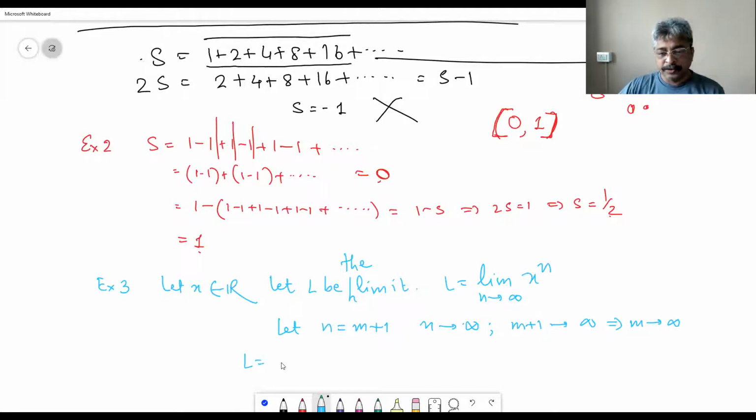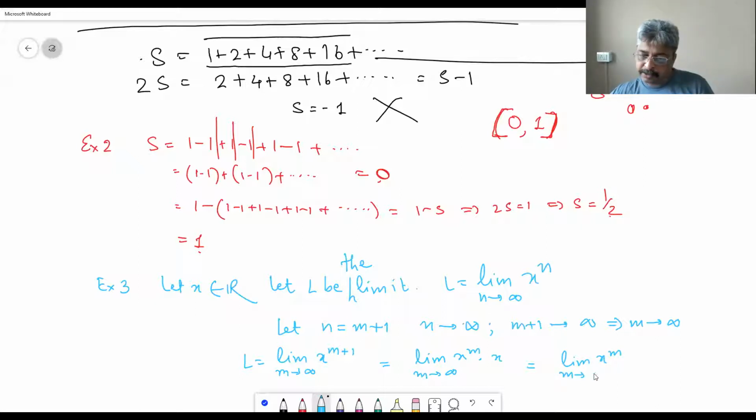So L is equal to limit of x raised to m plus 1, m tending to infinity, which is equal to limit of x raised to m into x, m tends to infinity, which is equal to limit of x raised to m, m tends to infinity, into limit of x, m tends to infinity,